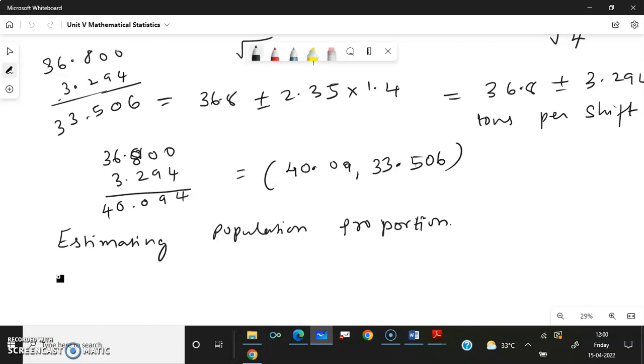If the sample is small, meaning the size of the sample is less than 30, then we call it a small sample. If the size of the sample is greater than 30, it is said to be a large sample. So the sample proportion